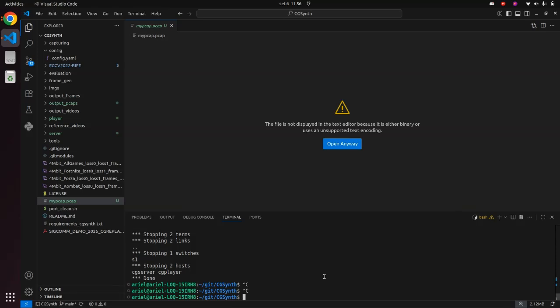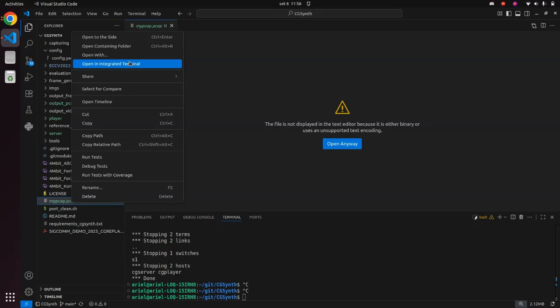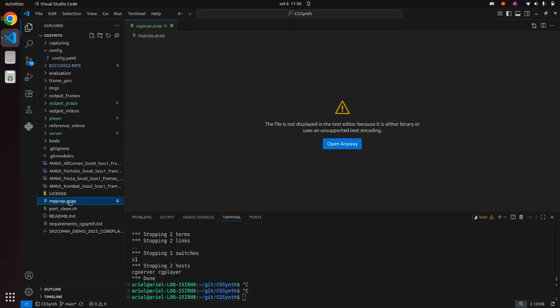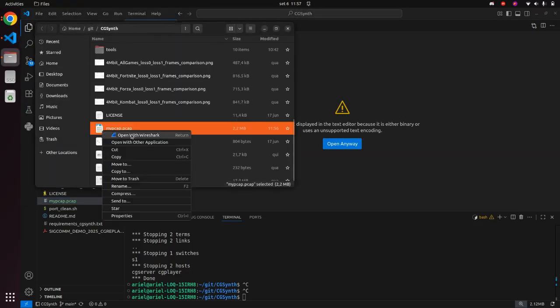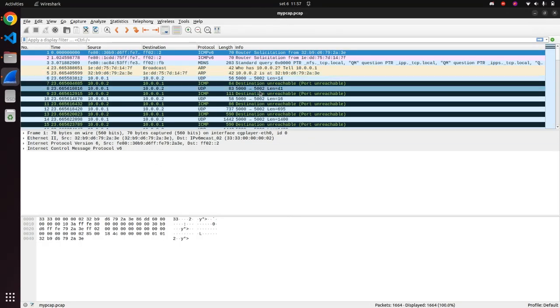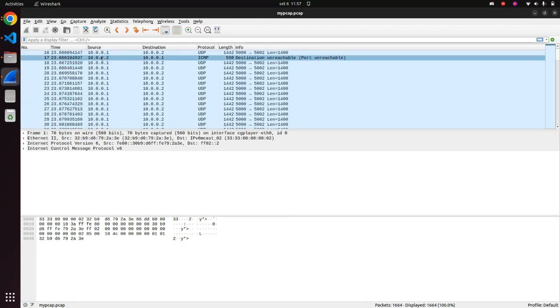Okay, so what can we do with this pcap? If you want to have a look, let me open the folder then. You can try to use Wireshark. Okay, you can see. Let me see. So this is a single connection gameplay because we have the player and the destination is the server, or vice versa. I don't remember. Anyways,